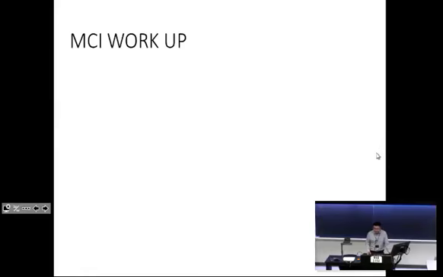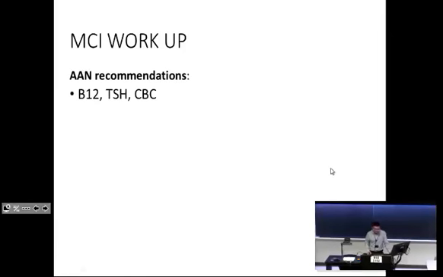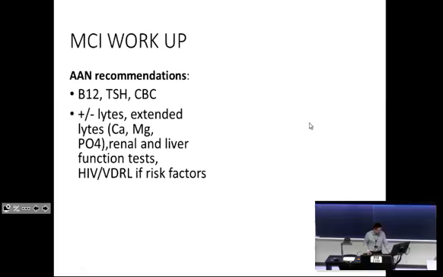So the MCI workup, which is incidentally, spoiler alert, the same as the Alzheimer's disease workup or Alzheimer's dementia workup. This is the American Academy of Neurology recommendations: B12, TSH, CBC, again, just to rule out common reversible causes. It is the one patient out of 600 that you forget to order these for that will invariably have a decrease in their B12. Not that that has ever happened to anyone I know or myself. The electrolytes, extended lytes, very important to look at. LFTs are important to look at because they can sometimes keep company with unusual autoimmune presentations. And it's also just a nice screen if you have any concerns or suspect that there may be alcohol use or overuse issues.